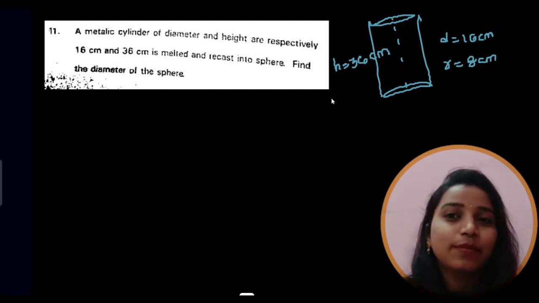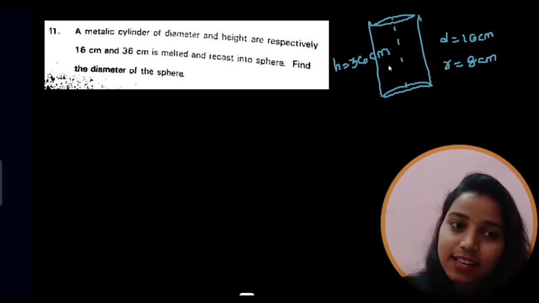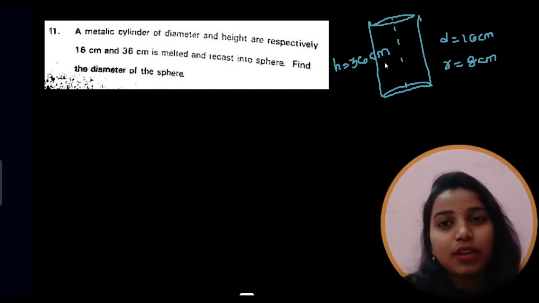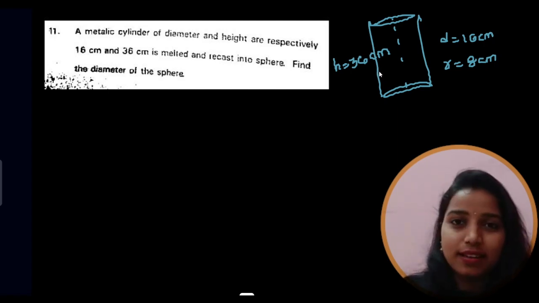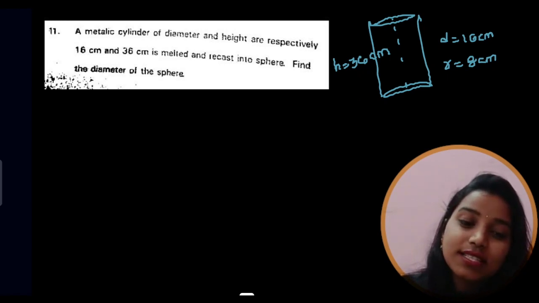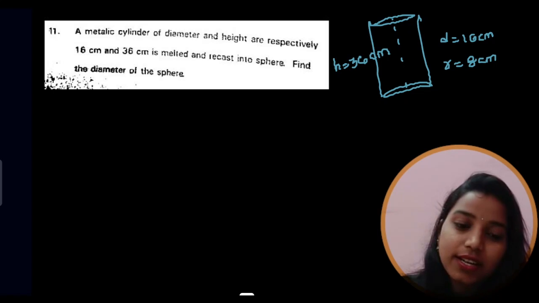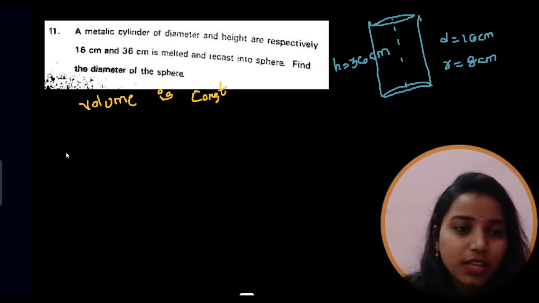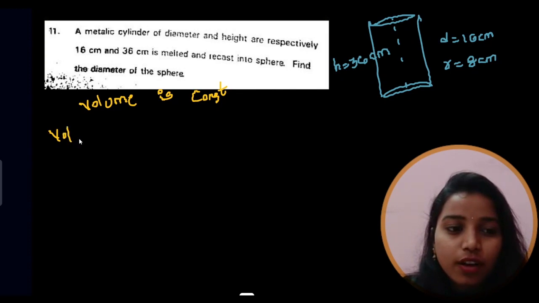And now here the point is that this cylinder is melted and also molded into the shape of a sphere. Now, when a shape is changed, what is the constant term? When a shape is changed, volume is constant, right? Volume is constant in both the shapes. That means volume of a sphere is equal to volume of